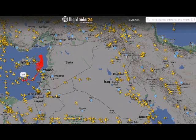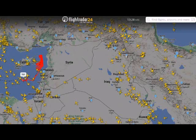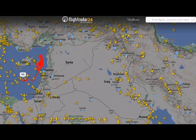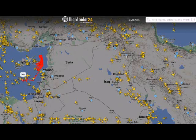I'm just over here taking a look at Flight Radar 24. This is a free platform. Anyone can download it, and well, you don't have to download it, you just click on it and it'll go onto it live. But what I'm watching of interest at the moment is the Northrop Grumman MQ-4C Triton, which is a